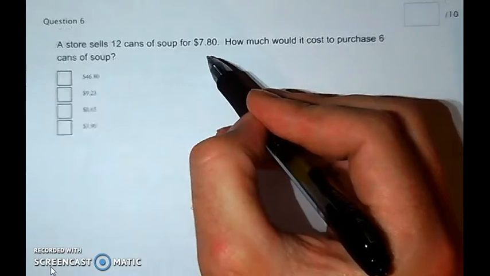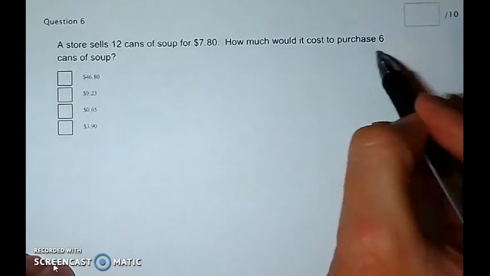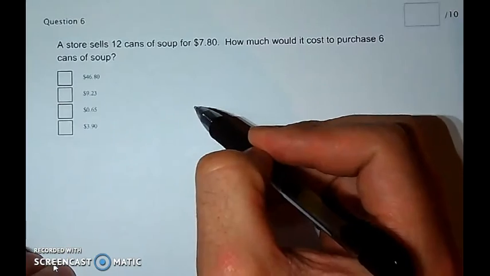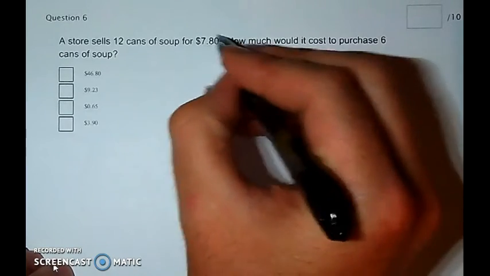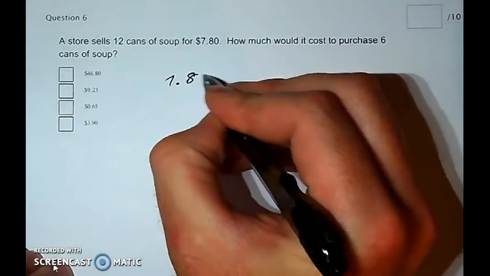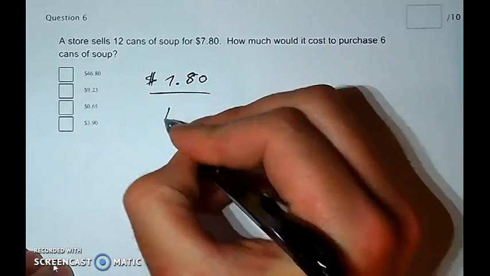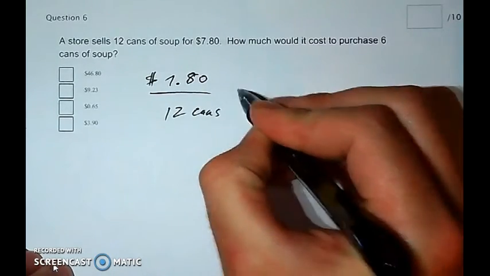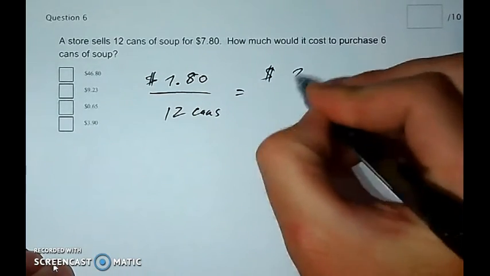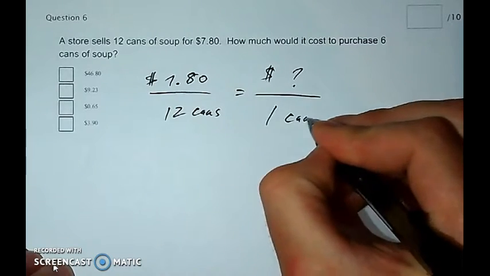12 cans of soup costs $7.80. How much is it going to cost to purchase 6 cans of soup? There's lots of different ways to do this. It's going to cost $7.80 for 12 cans, so you can figure out how much it's going to cost for 1 can,